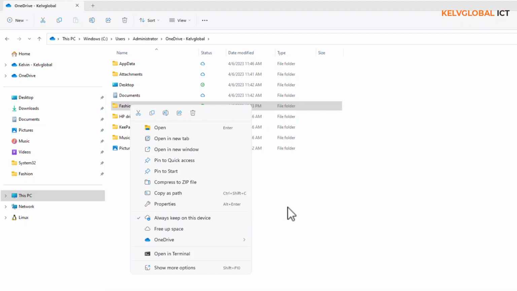And this is how you keep files on your device that are being synced to the cloud from your